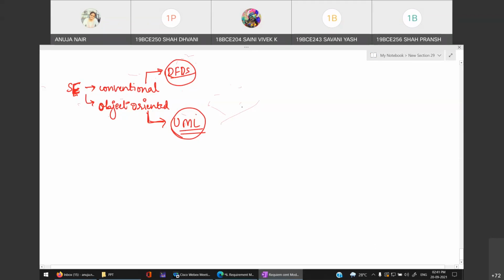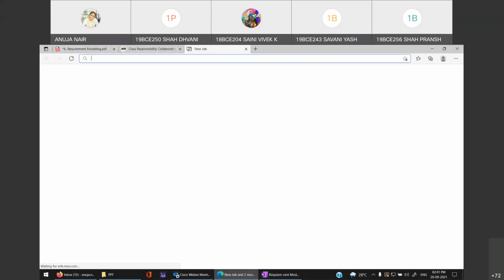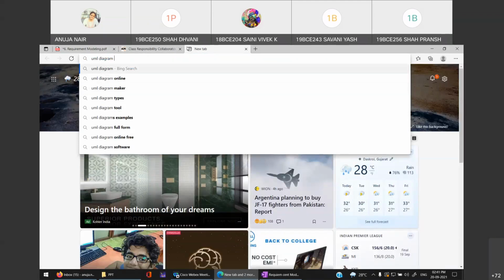Whatever diagrams we have studied so far, they all are part of UML diagrams. ER also is not a part of UML diagram. ER also is a conventional approach, right? But other than that, use case, activity, all these are basically UML diagrams. If you go and search UML diagrams list, you will get a lot of names of diagrams.